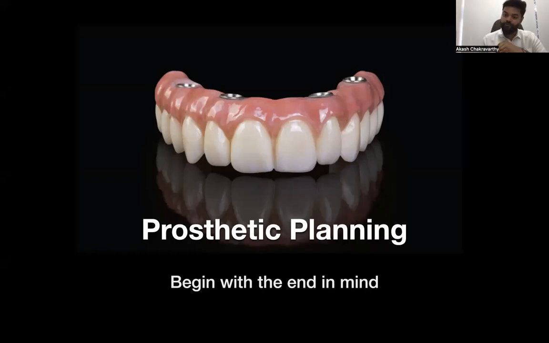So if any of you who are listening to this are in the habit of placing the implants first and then calling your prosthodontist later after 6 months for the final, and then asking them, please figure out what to do, it should not be that case. Your prosthodontist should be involved in the beginning, and then according to their planning, you need to plan your surgical placement, so that you set up your prosthodontist for success. Okay, while you're placing implants, that should be your primary goal. Because trust me when I tell you, the patients are not coming to you for implants, they're coming to you for teeth. Okay.